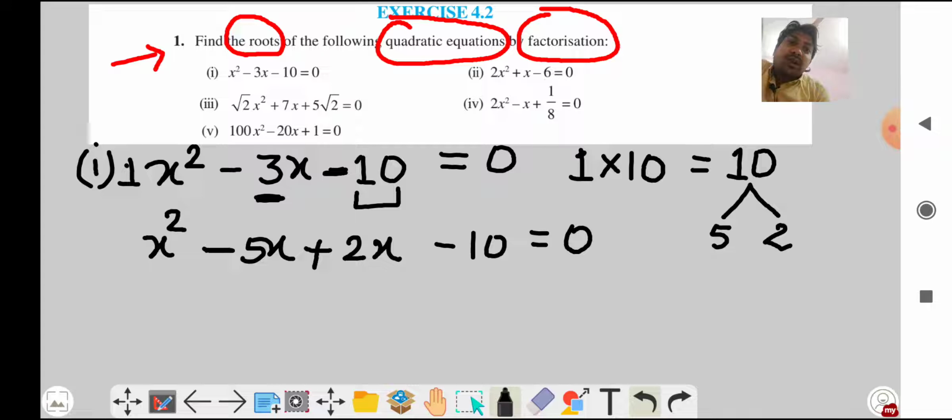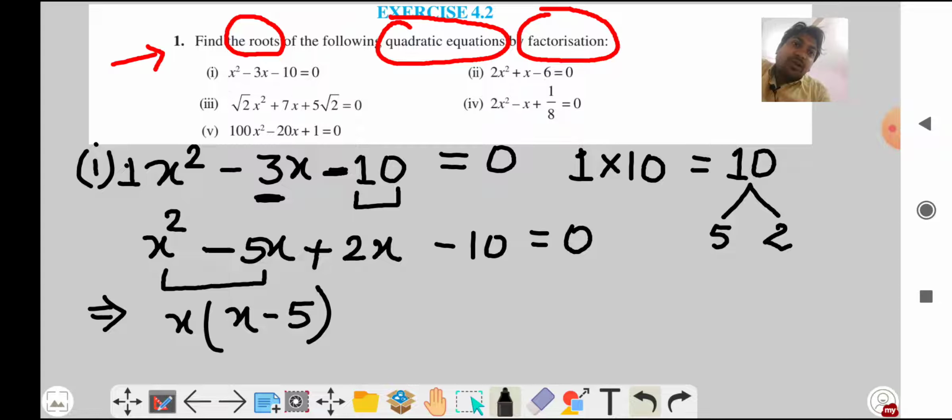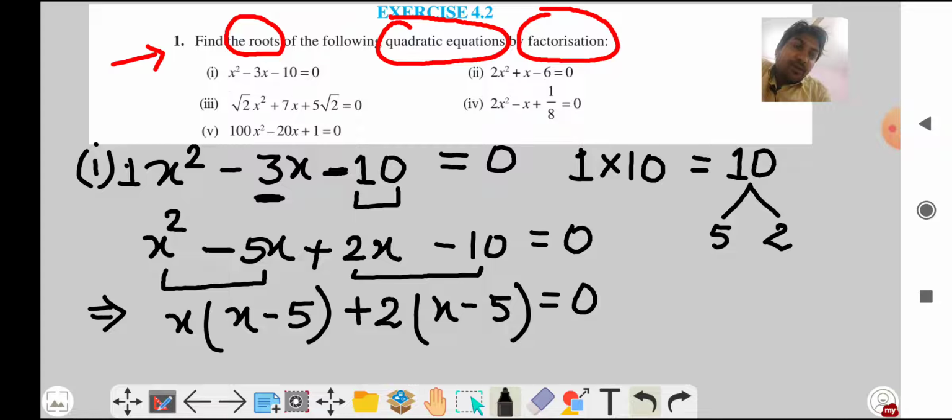Okay. Now see, we have to take the common factor. In these two terms, what is common? Here is x square, here is 5x. So x is common. If you take x common, then here it will remain x and here it is 5. Is it clear, guys? Similarly, in these two terms, what is common? It is 2. So just take 2 common. Here it is left with x and here it is 5 and equals to 0. Is it clear?